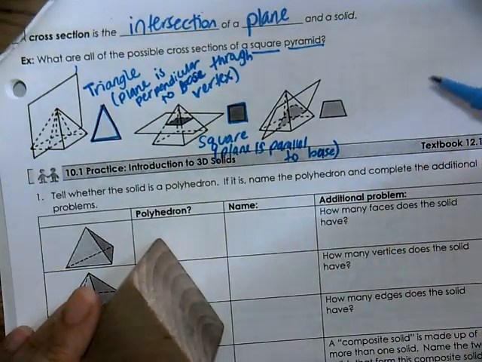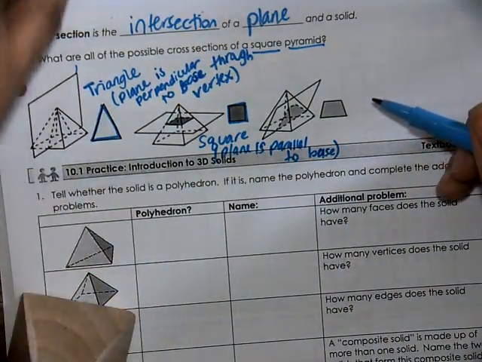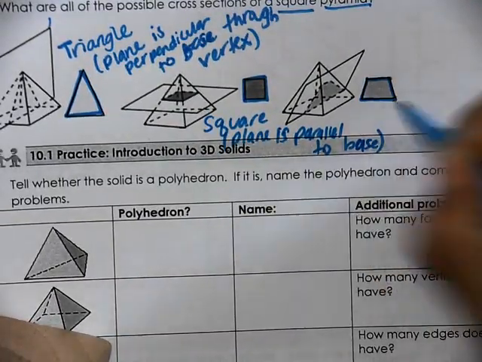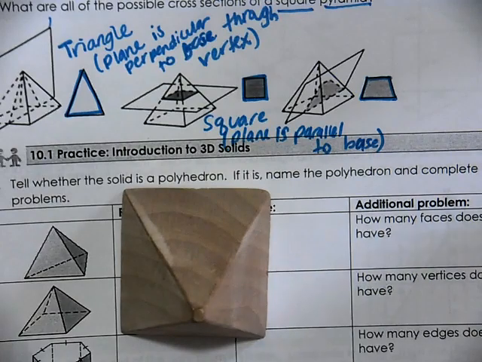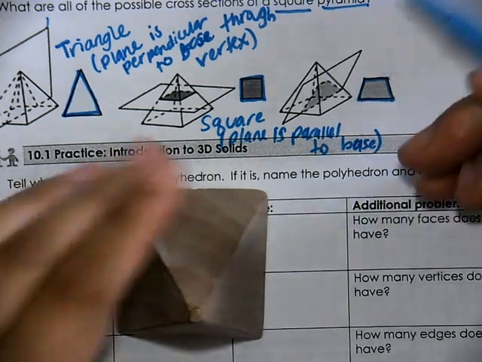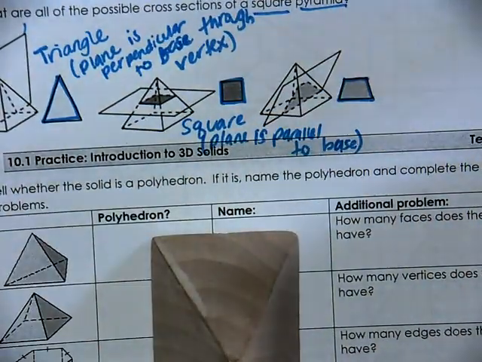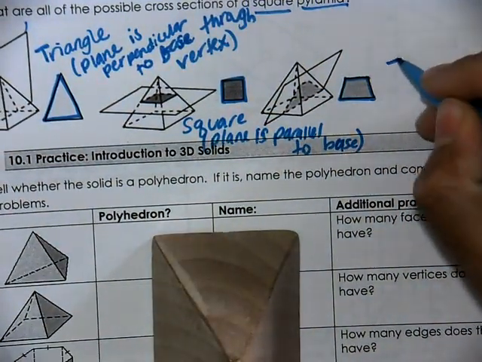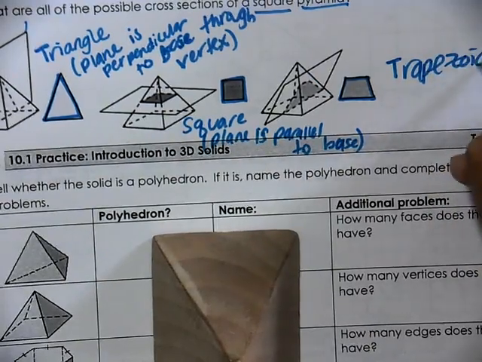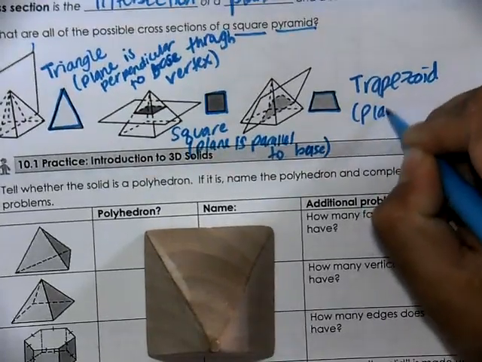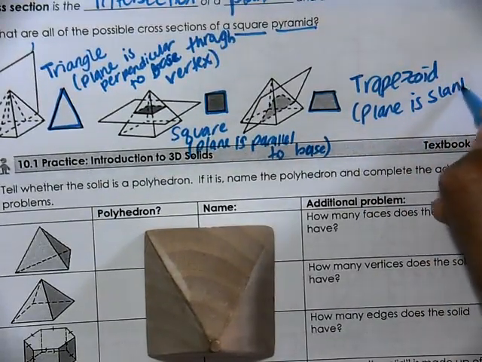The last one is the trickiest, and I know that's the one that's hardest to see. It's showing us a trapezoid here, because what happens is if you were to slice at an angle, not straight up and down or straight horizontally, it ends up going slanted through one of the faces, creating a shape where you're taking your square and altering it to become a trapezoid. So a trapezoid is a possible cross-section of a square pyramid, and how you get there is the plane is slanted